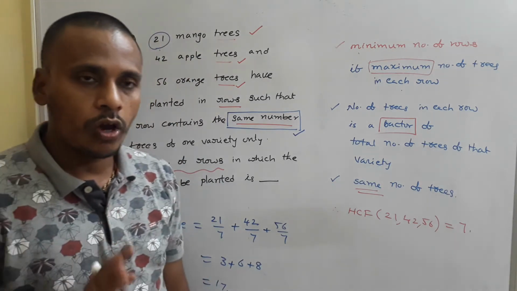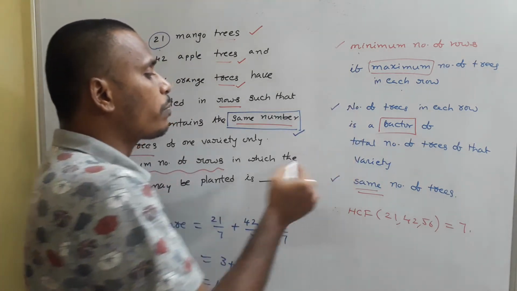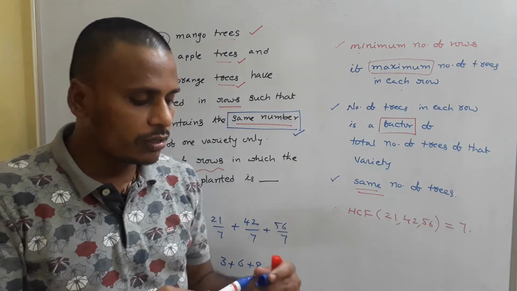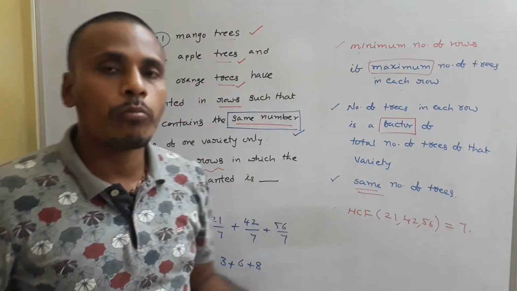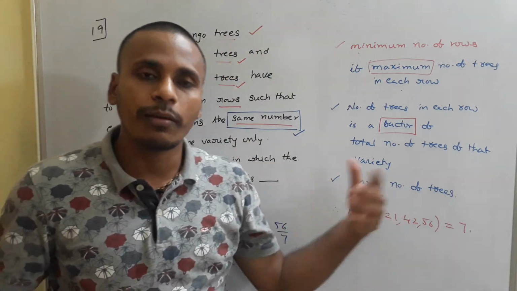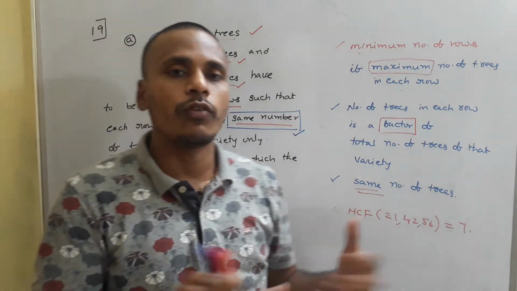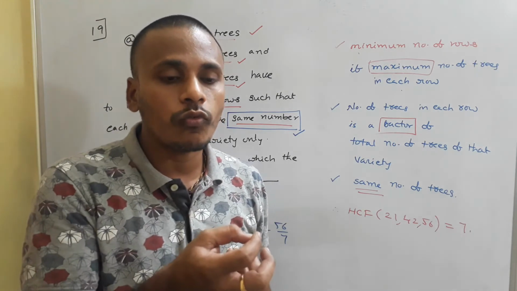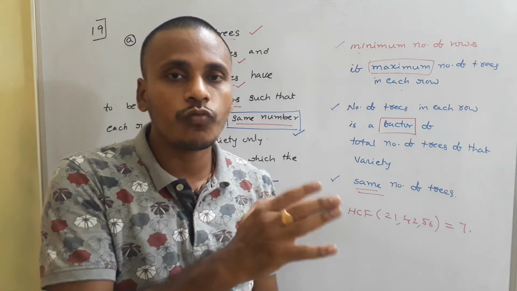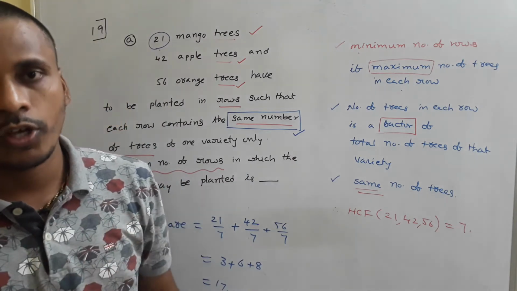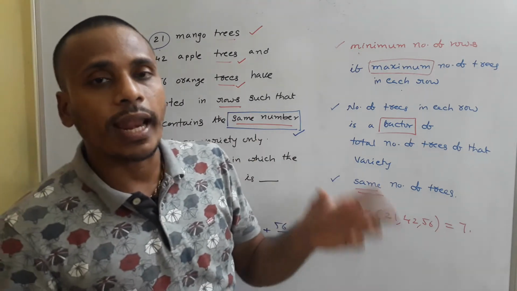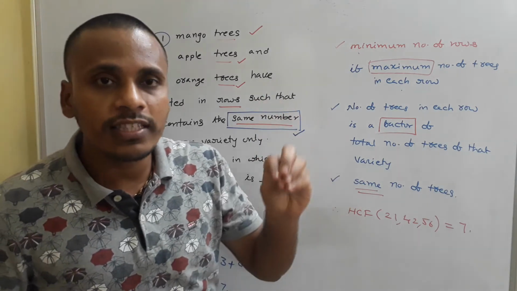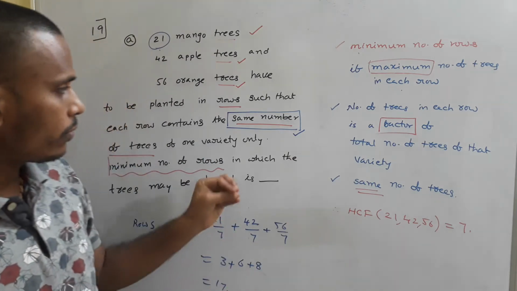There ends the problem. In this way you need to analyze this type of word problems. Usually while practicing a worksheet, it is comfortable because there is a heading for that worksheet, problems on LCM and HCF. So usually you think about LCM or HCF, and you may go with any one of the methods without analyzing the problem. But at the examination, we need to think about the correct way, which one we have to use, either LCM or HCF. So at the exam you need to analyze the problem, and that is possible only if you analyze the problems while practicing. Just have a look.